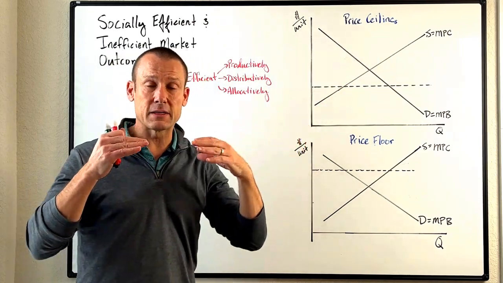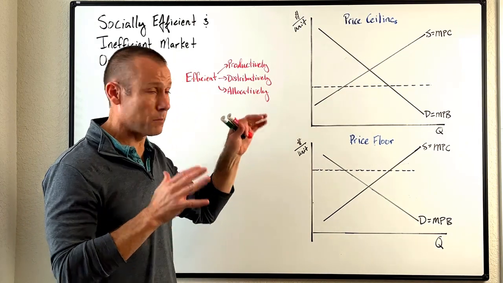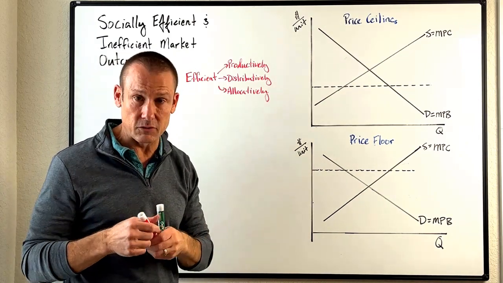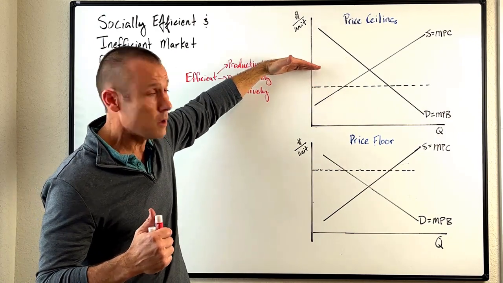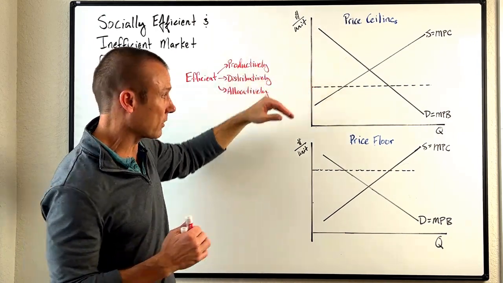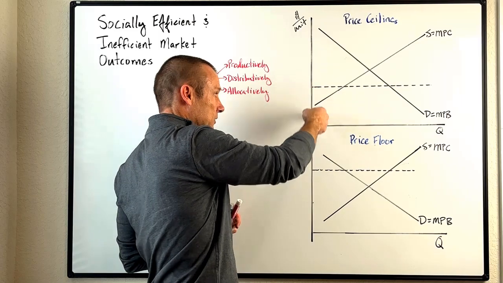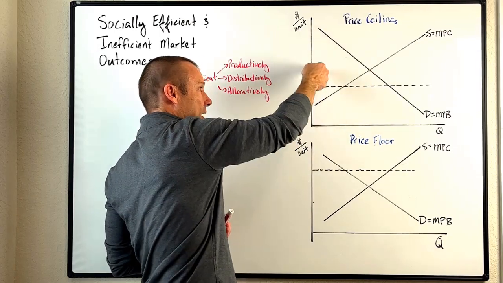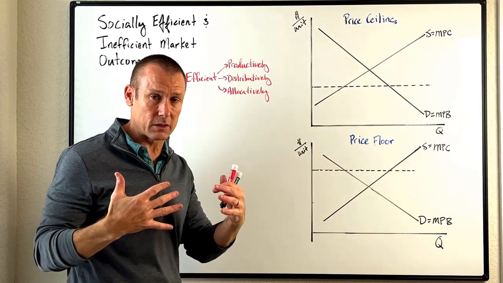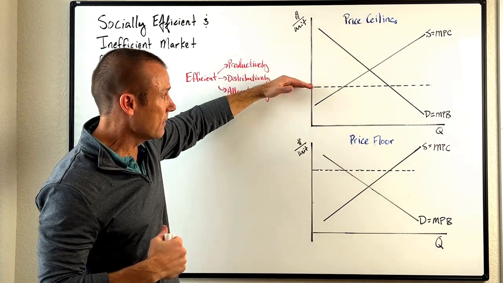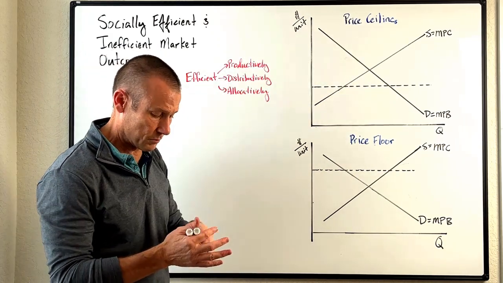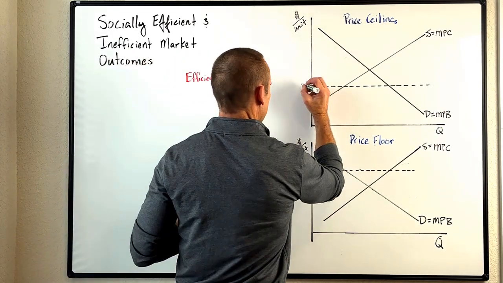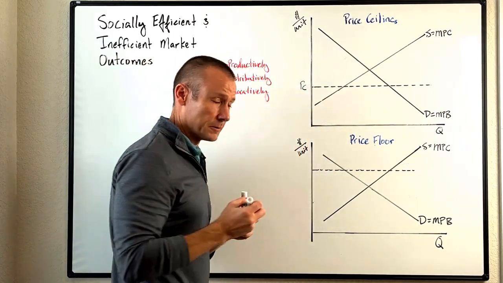Price ceiling. That's a maximum price. I want my price ceiling to be binding because it's only interesting when it's binding. So I've drawn my price ceiling below price equilibrium. So it's going to bind the market, okay? The price can fluctuate in between, but it can't get where that price is going to want to get, at least where the market's going to want that price to get to clear the market. It's going to just get to right here, okay? It can't get to price equilibrium. So it's a binding price ceiling. So there's my price ceiling.